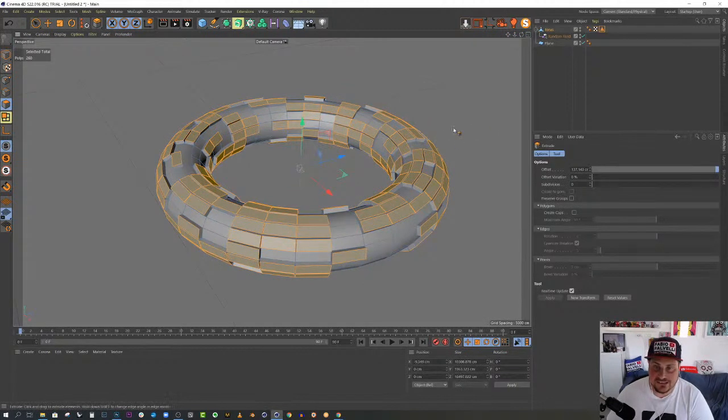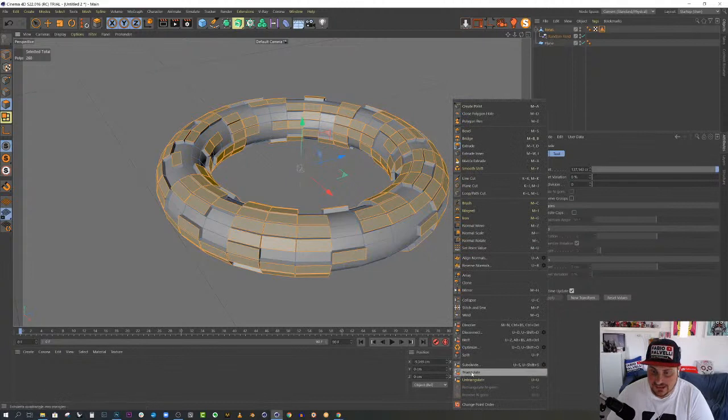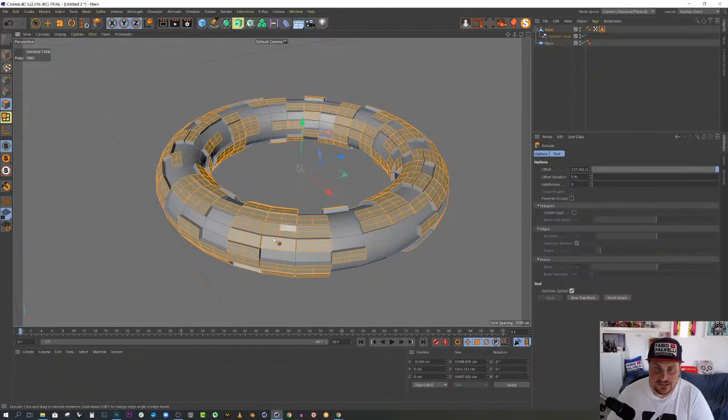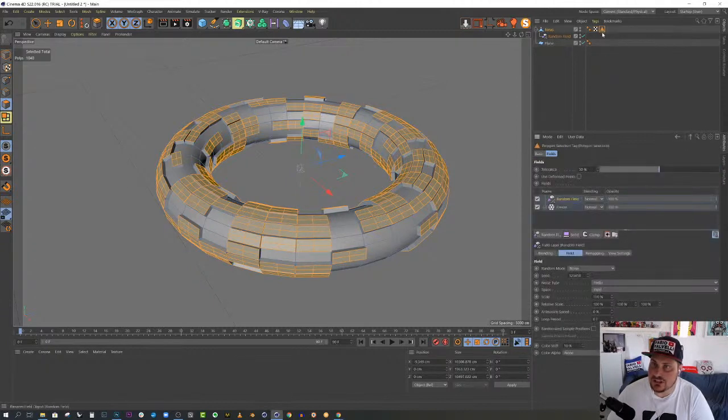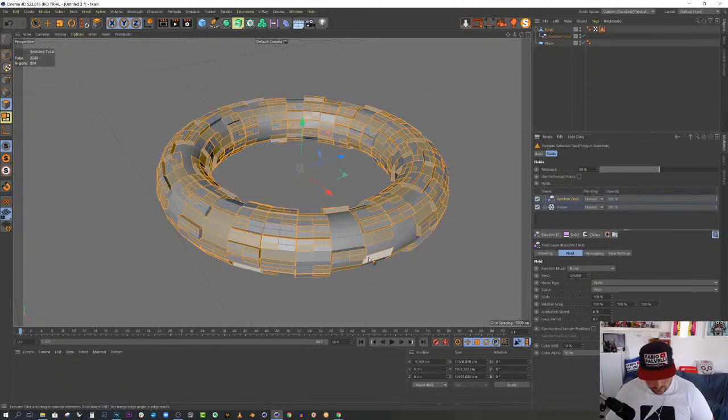With this still selected, I can right click and say subdivide, to create some random subdivisions. I can double click on the tag, change maybe the seed one more time, double click again, and have another selection